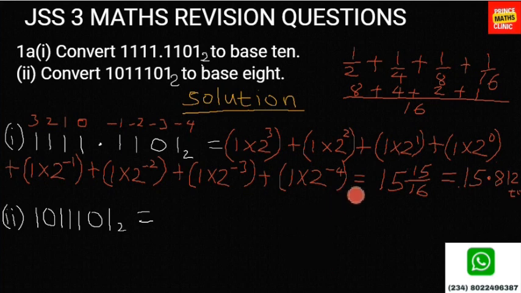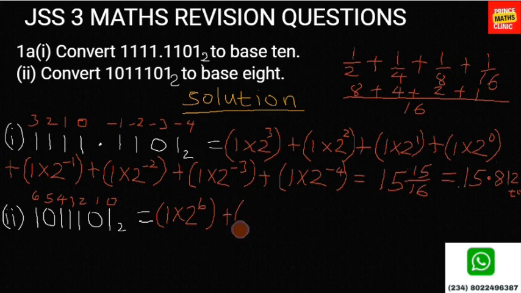So that is how to tackle a problem like this. Then let's move on to the second one. This one does not have a decimal, so I'll just proceed to write the powers here: 0, 1, 2, 3, 4, 5, and 6. So this is 1 times 2, this is the one I'm referring to, times 2 raised to power 6